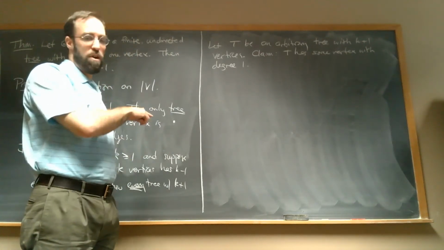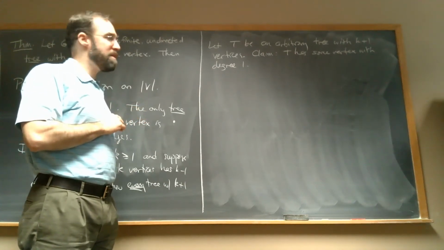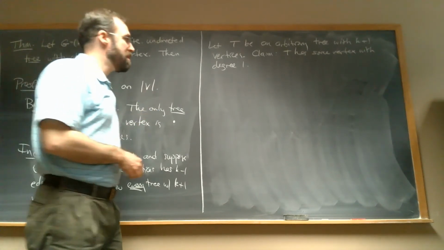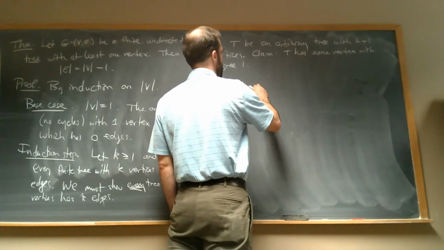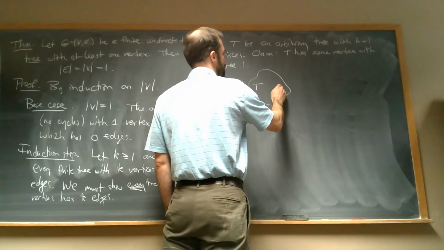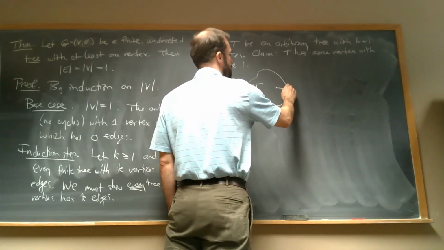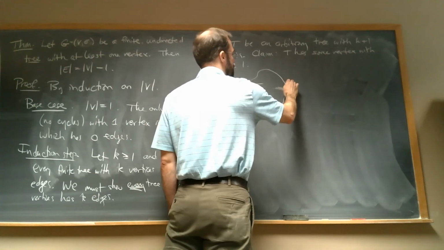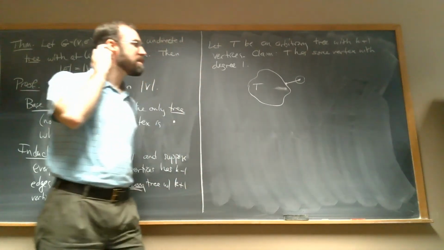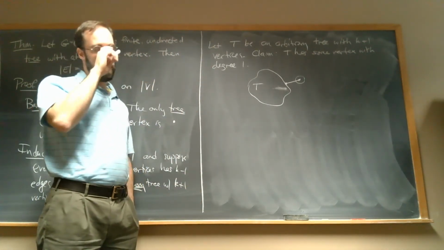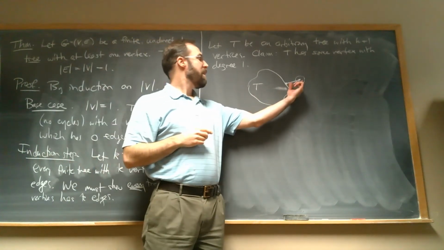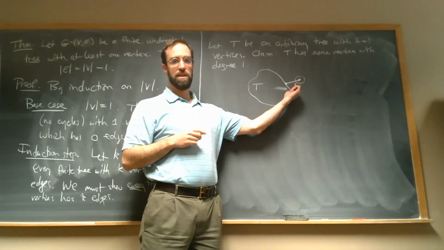And actually, the wrong proof is not actually that wrong. It has some right ideas, and in particular, we're going to use a similar idea, but we're just going to kind of do it backwards. So, right, here's my tree T, and the claim is that somewhere, I should draw it like this, sticking out, there's this vertex. I can find a vertex that has degree 1. And if I can find that, then I can do kind of that previous wrong proof, but kind of in reverse, where I say,